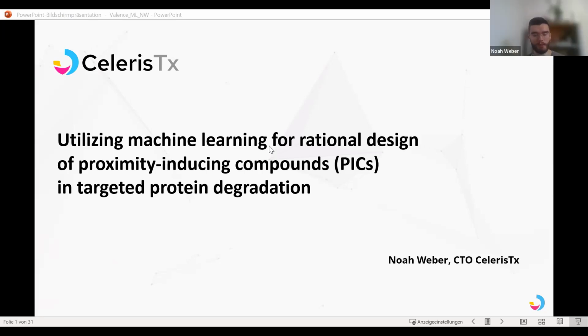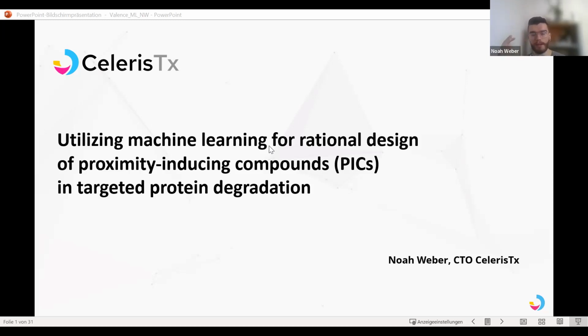So as Prudencio said, we want to see what is the process of utilizing machine learning for rational design of proximity-inducing compounds. What do these proximity-inducing compounds mean in terms of targeted protein degradation? And I explicitly adjusted the title from prediction of stable ternary complexes to a more general sense of utilizing machine learning, such that we can cover different facets of it, because in order to successfully design these compounds that are then actually going to pass the lab tests,